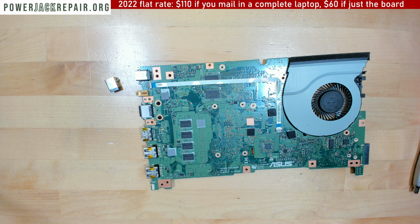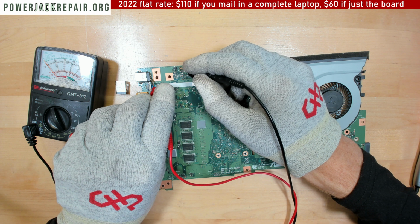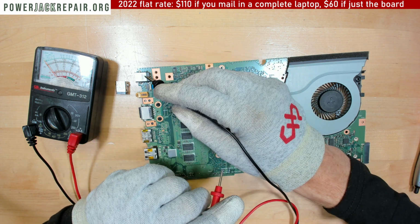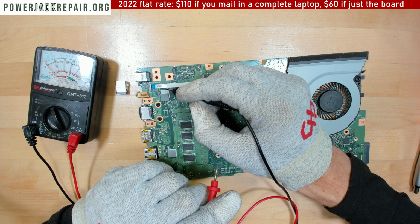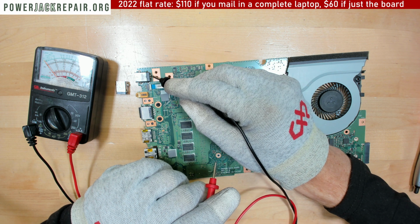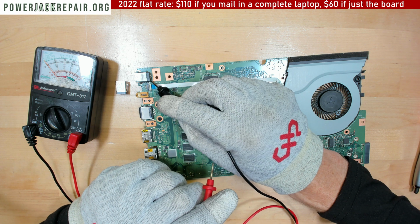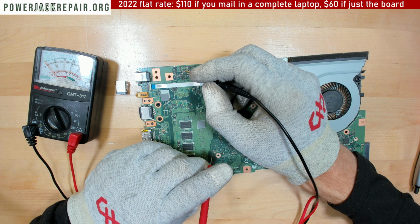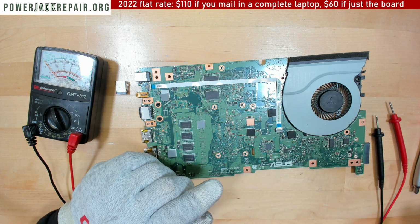Let me see if we get any current there right now. Yep. So the point is, once you replace this guy, you need to run the wire from here all the way around to here. Now the problem is there is a hinge right here which won't let you run any thick wires, so you kind of have to play around. That's the reason I want to make the video, because even if you replace the connector, it's still not gonna work because the trace inside gets damaged. And even in this case, I think